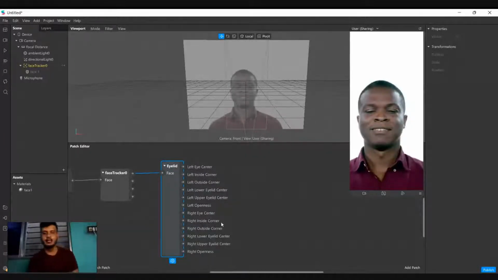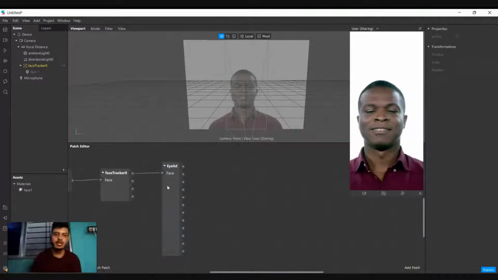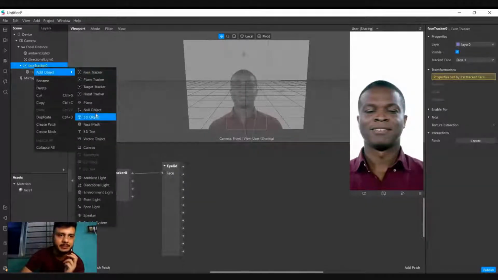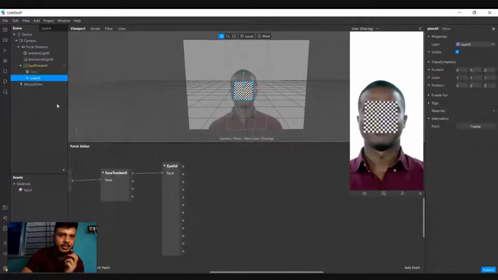We need to place the image sequences on the eyes, so we need to create a plane. The plane is where we will play the image sequences